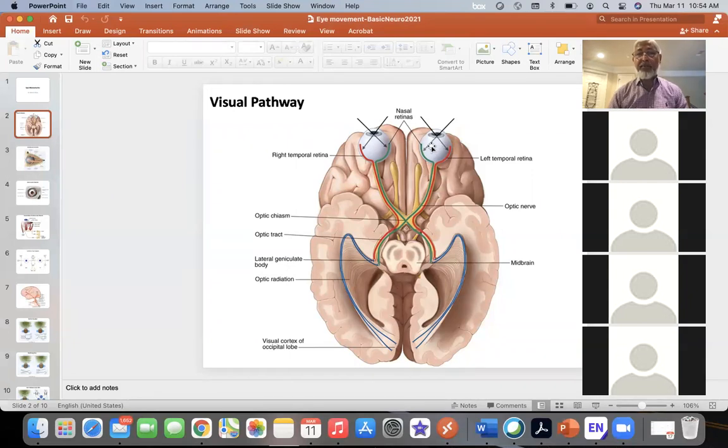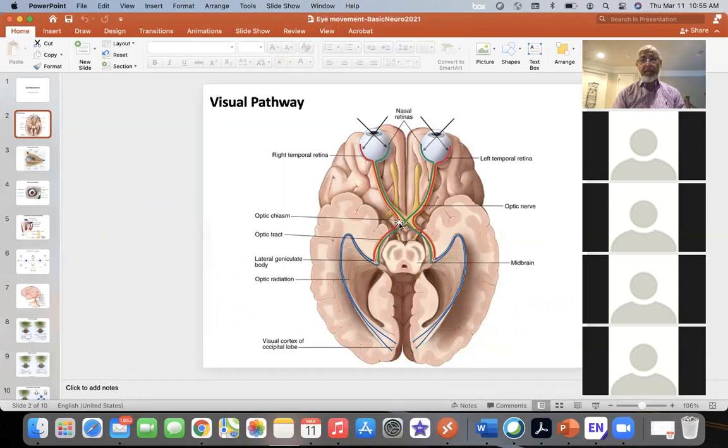But which visual field do they represent? They represent temporal field. Now, if you have a damage to these green fibers here, then you will be losing the nasal fibers of both sides, which means you will lose the temporal field of vision on both sides. Okay. Now, these fibers which didn't cross, the red ones, those are the ones they were marked actually in that